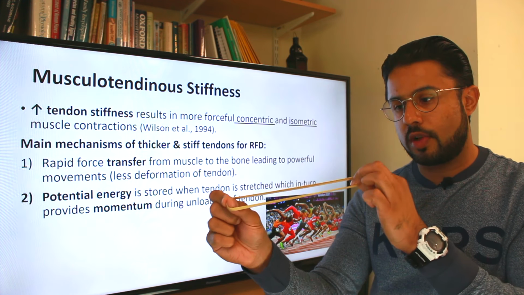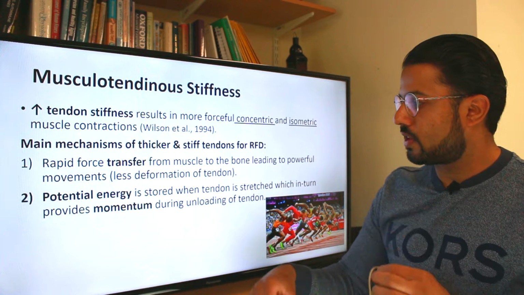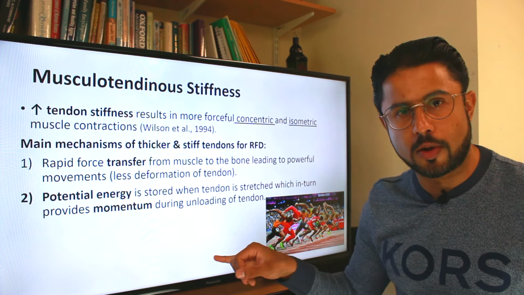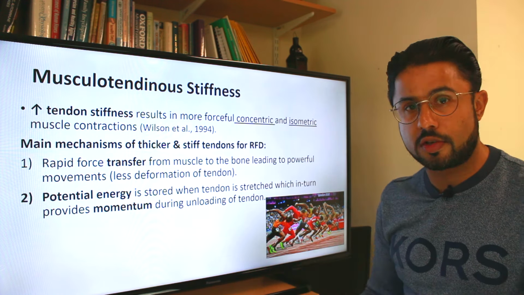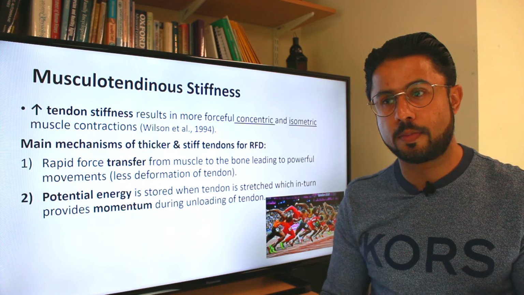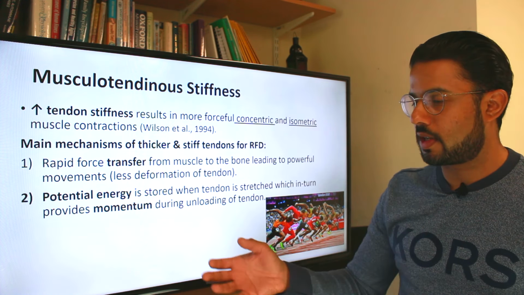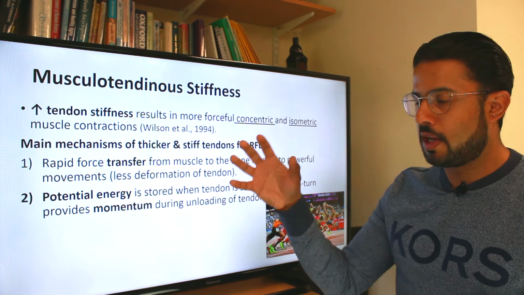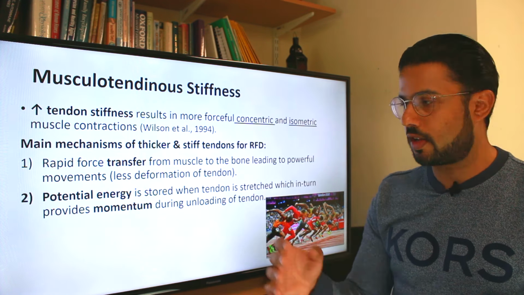Okay, there's more potential energy in this thicker tendon, which is going to help in certain movements, so in sprinting, in jumping, sudden changes of direction, all of those types of situations. If you're a boxer and you're throwing a fast punch, again, all of those situations will enable maximum efficiency of force transfer from the muscle to the bone via the tendon. So that's just an example there to show you.